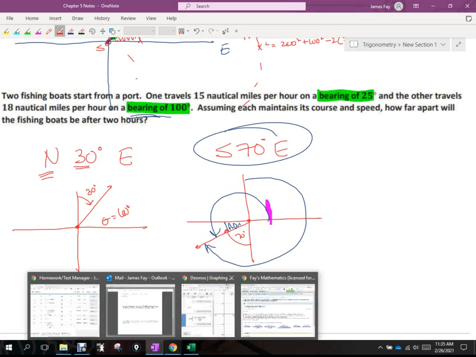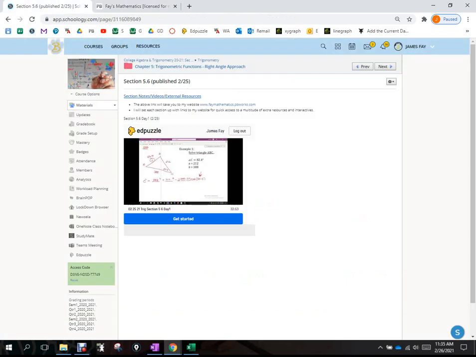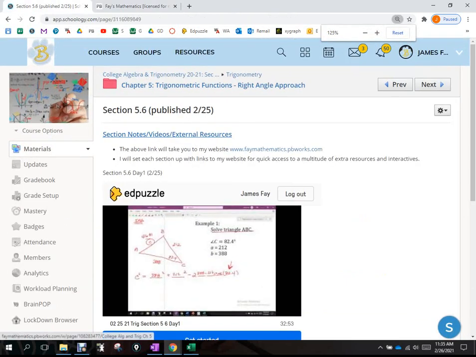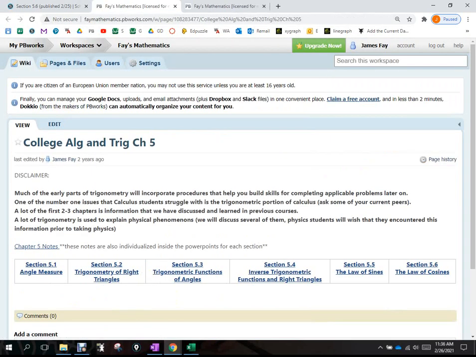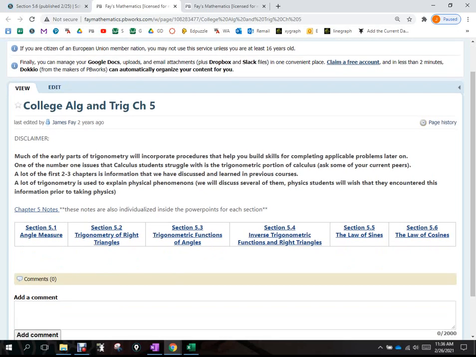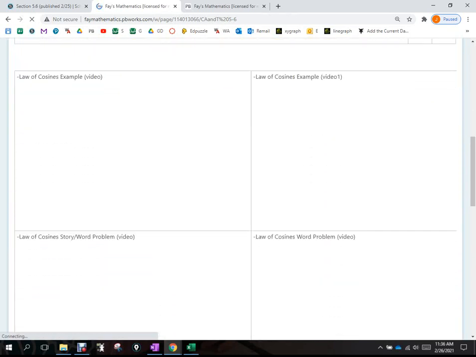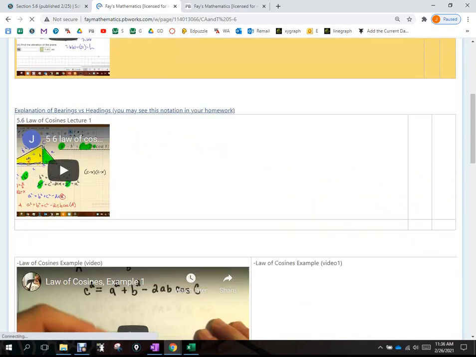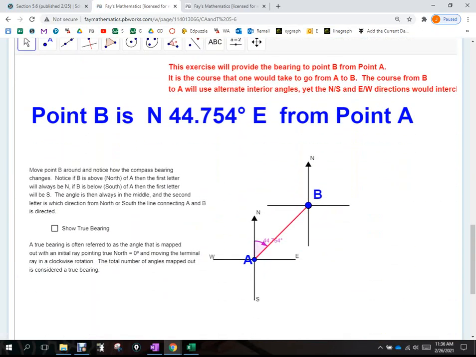I've got a GeoGebra that I've made. If you go to Schoology, I know I've mentioned this recently, and I know you probably don't use my course on Schoology very much because you're in the course getting exactly what I post there. But if you go to any of the sections above, each section will have a link that takes you to the chapter on my website that has a lot more information on it. It's broken up into sections again. So let's go to law of cosines there in 5.6. Scroll to the bottom of this. Obviously, it's just more videos, more examples. But here is something I built to show you and demonstrate